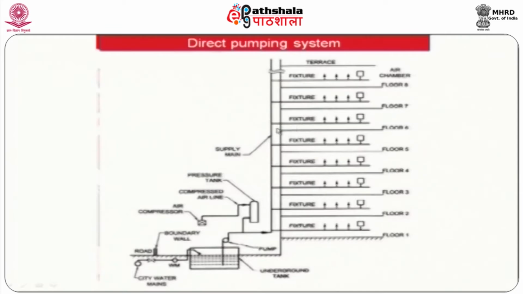These are the feed pipes for each floor, and in each floor we have a number of fixtures, and this is a small storage for each floor, because the excess water will be stored here, and during the non-pumping hours the water can be received from this storage reservoir. So, this is the direct pumping. In the direct pumping, when the water is not drawn, the pipe will be overloaded. To avoid that, we need the pressure tank.